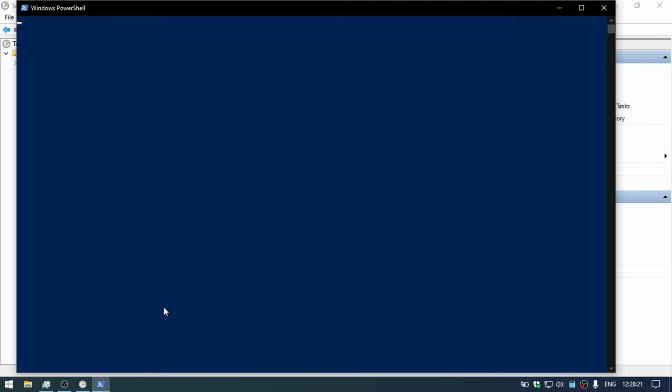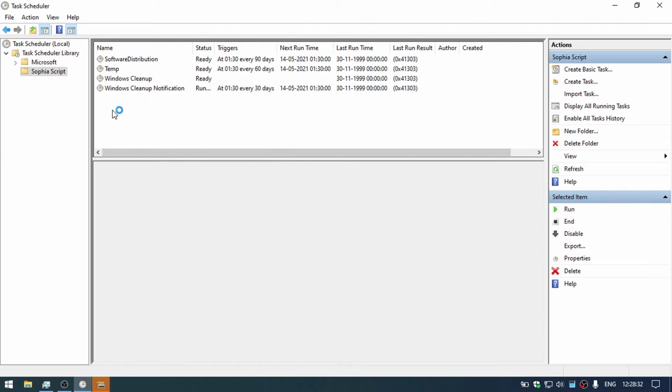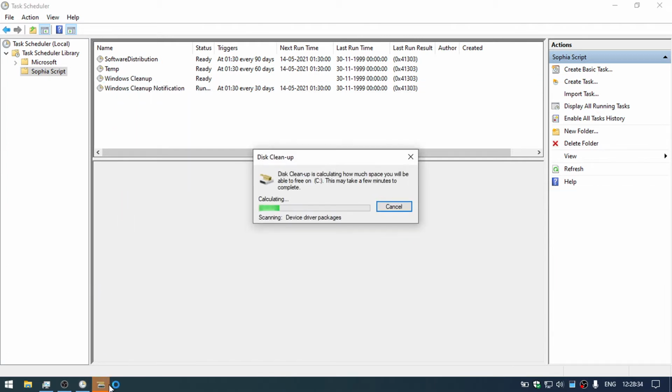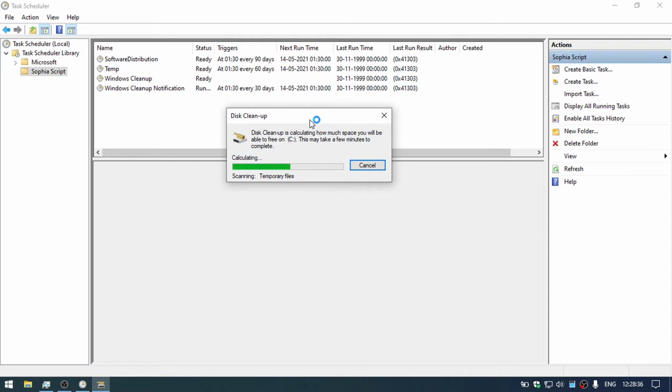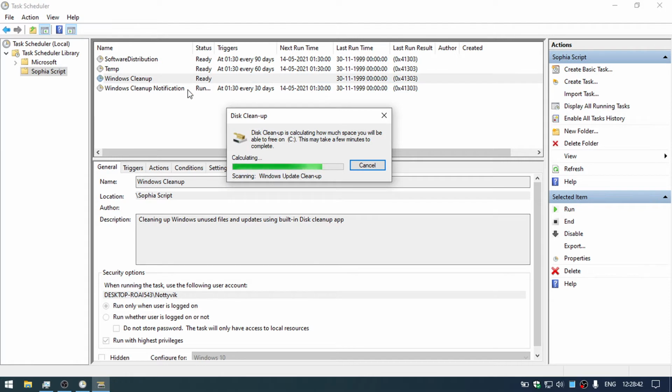This will open a new PowerShell window and the task is completed. Like that, there are so many tasks. This task is completed, and this cleanup next task is started, because the first one is the notification and the second one is the actual task.